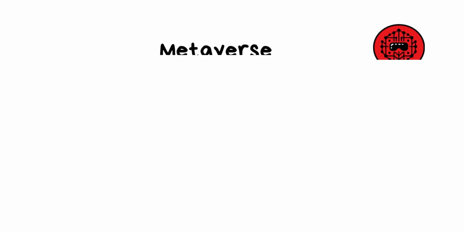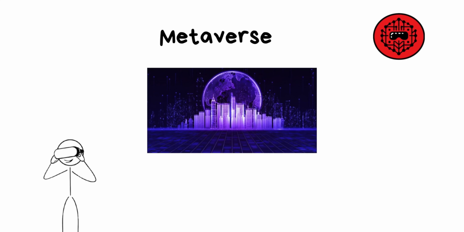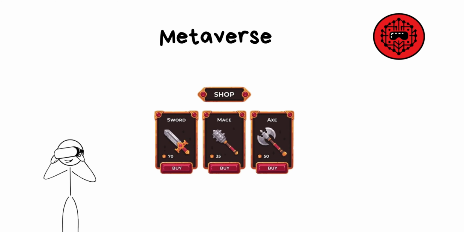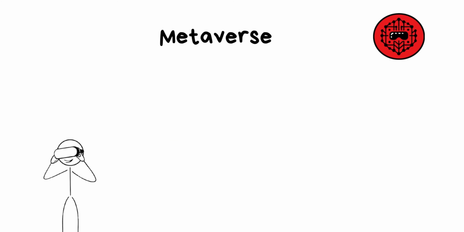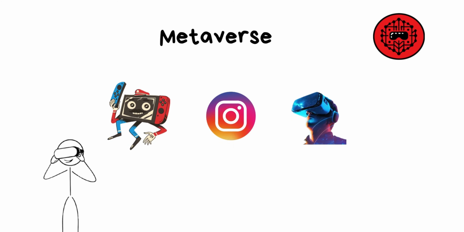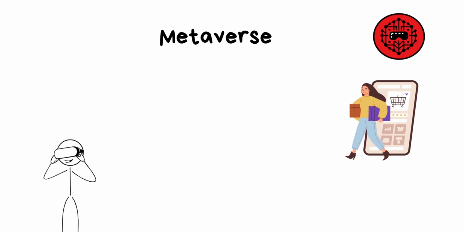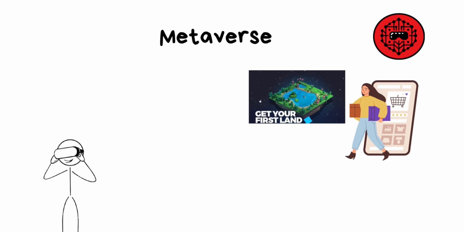Metaverse and virtual reality. The metaverse is like a giant virtual world where people can interact, work, play, and even buy things, just like in real life, but on the internet. Think of it as a mix of video games, social media, and virtual reality, VR, all combined into one big digital space. Here are some of the things you can purchase: virtual land, clothing and accessories for your avatar; NFT,